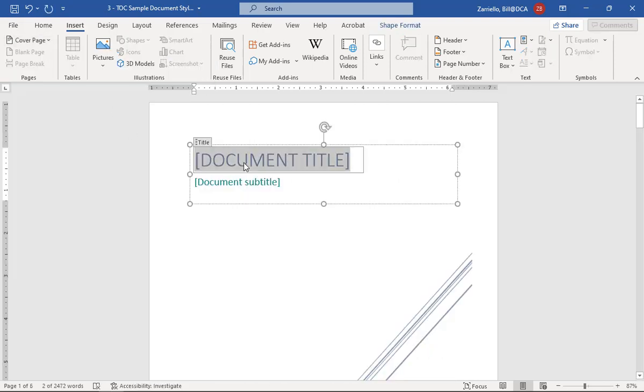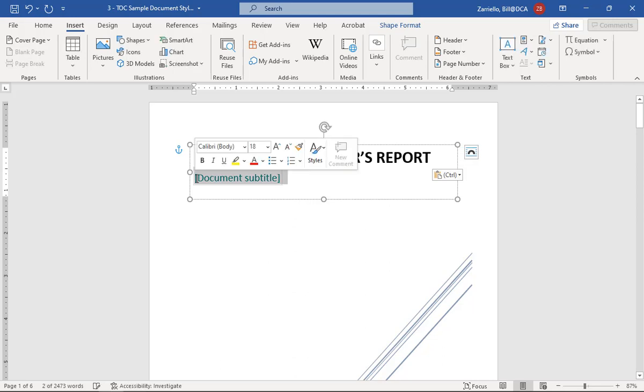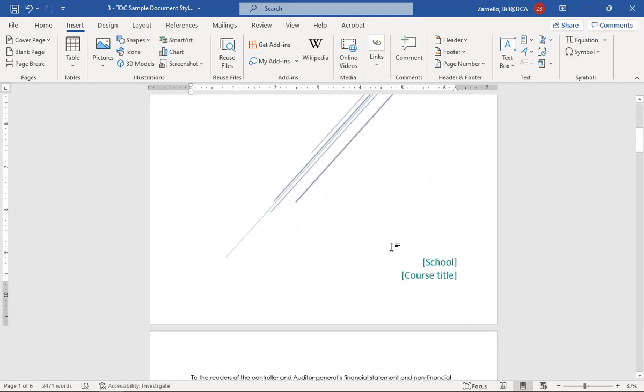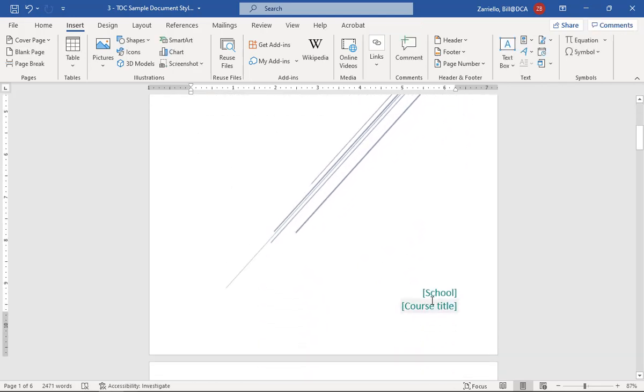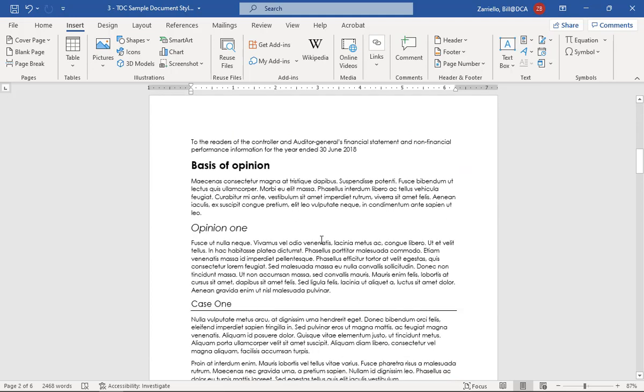In document title, I will go ahead and paste in, using Control V, the title of the document. I'll get rid of the subtitle because I don't want that. And I will get rid of these fields down here at the bottom as well. Now I have a title page and I have my document, but in between my title page and my document,